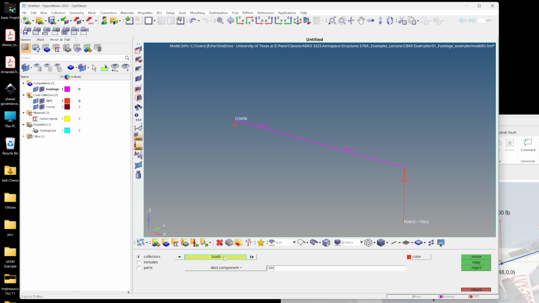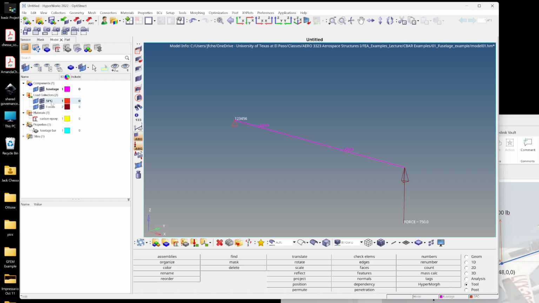and you can see already here it wants to organize loads. So you can also do elements or surfaces or vectors or points, but we're going to do a load, and that's fine. So I'm going to click on that force, and you can see it's highlighted, and I want to move it from SPC, I want to move it to forces. So I'm going to click on destination component and change it to forces. You can also copy them, but I'm going to move it. So I'm going to click on move, and now you can see it's changed color because it's now in the forces